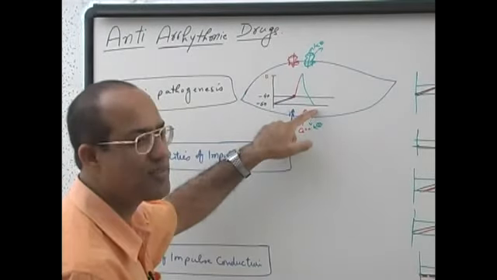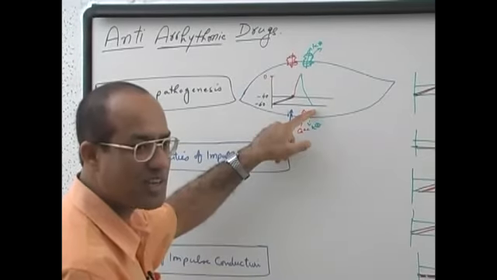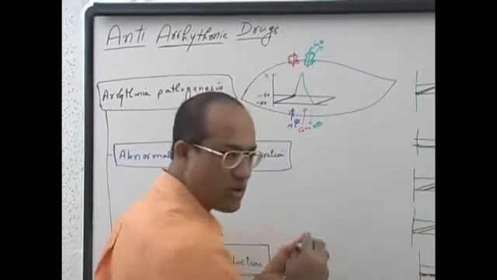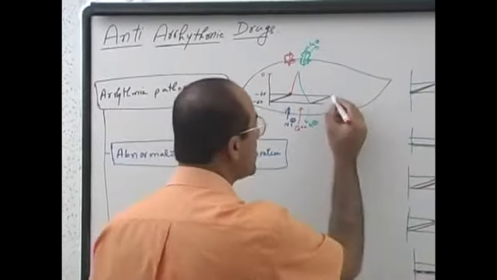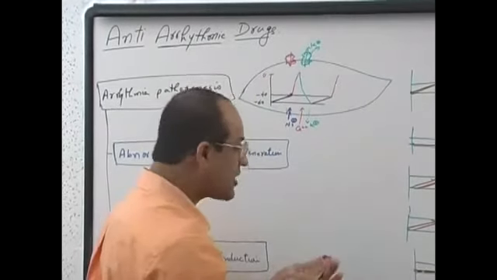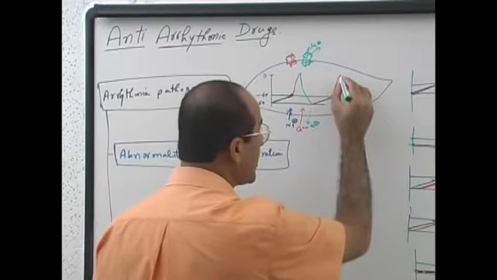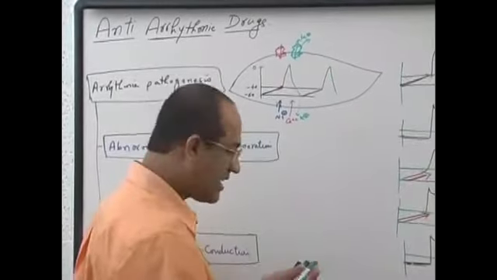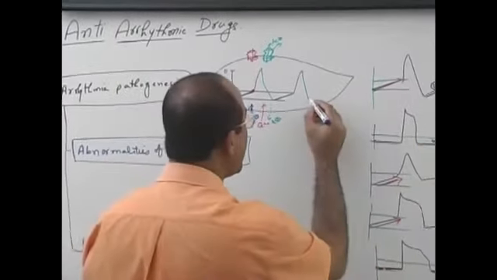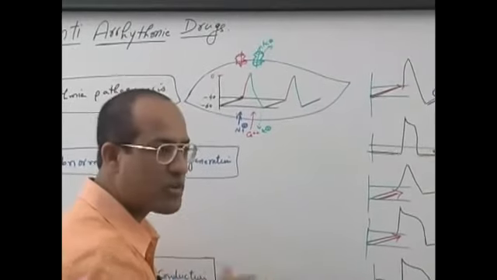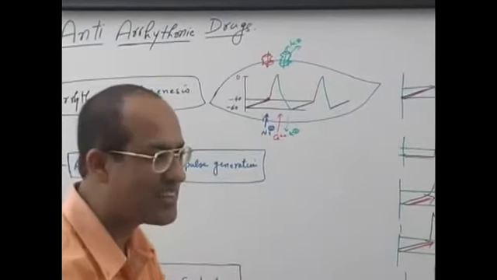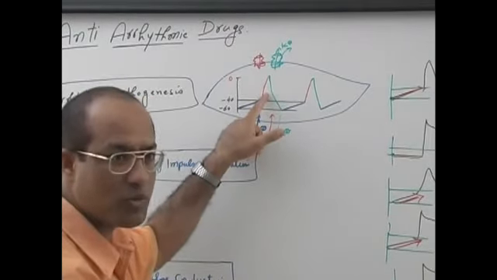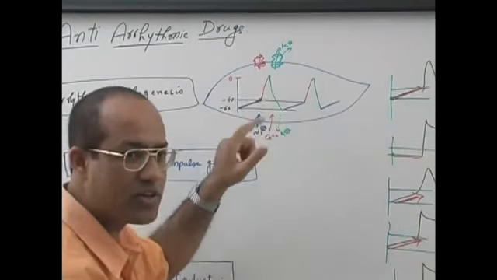But again, it cannot rest. Why can it not rest? Because again sodium and calcium will come in and the slope will take it towards threshold, and again voltage sensitive depolarizing channels of calcium will open, and then voltage sensitive repolarizing channels of potassium will open. As soon as it is repolarized, again some cations will leak in and take it from resting to threshold, and this process will repeat every 0.8 second, and in every minute 72 depolarizations will be produced, and depolarization and repolarization will be produced in